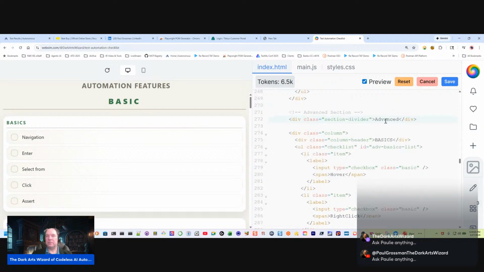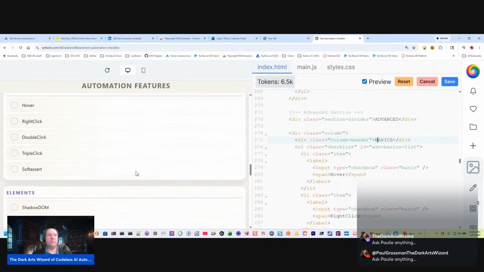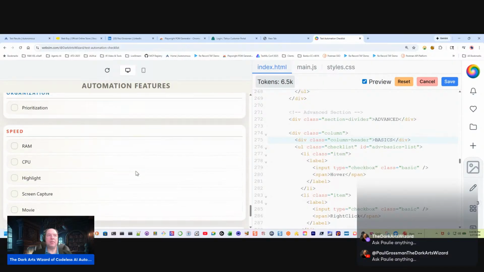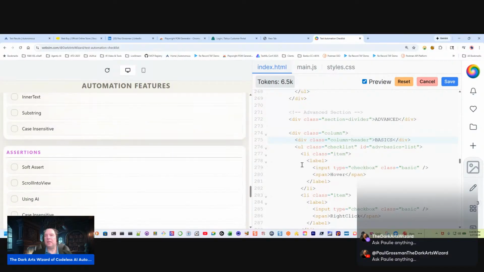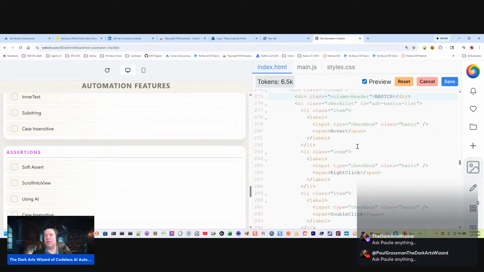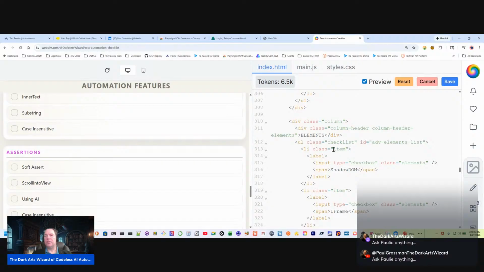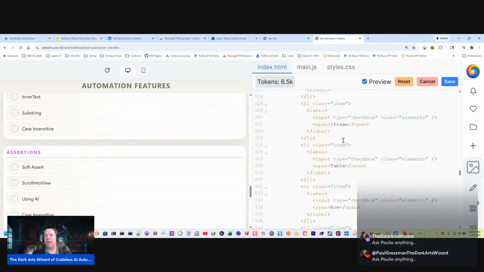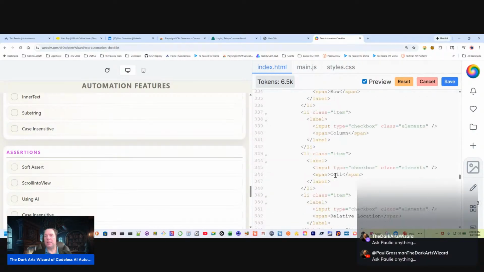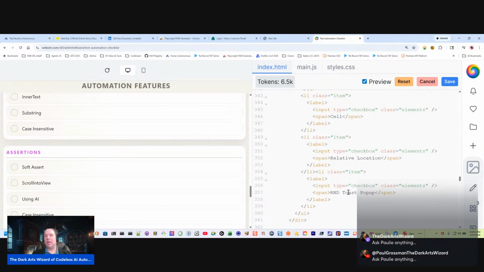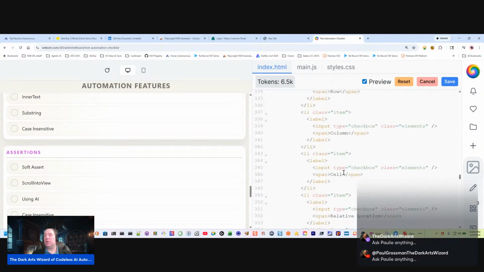Advanced. Let me make this advanced. All caps. Advanced. That doesn't matter. They're all capitalized. What am I thinking? All right. So we have checkbox. Not checkbox. These are the actions. These are the elements. Show dump, iframe, table, row, column, cell, relative element, location, random, and we also need